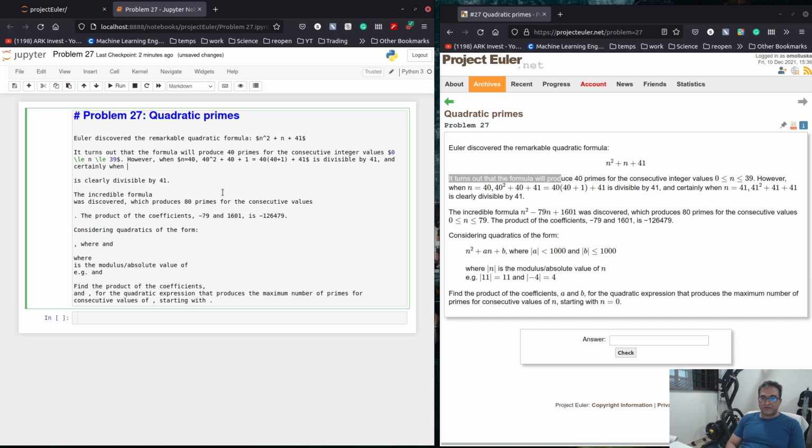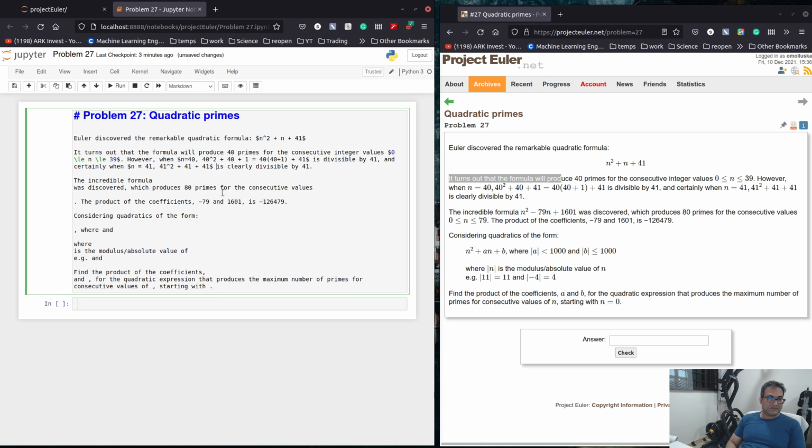And then we have another formula over here, n equals 41. When n equals 41, we have 41 squared plus 41 plus 41, and in this case it's certainly divisible by 41. That is clearly correct. Okay, the incredible formula, there is another formula, which is n squared